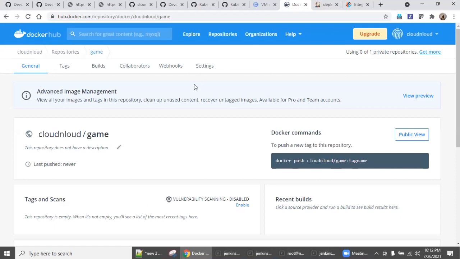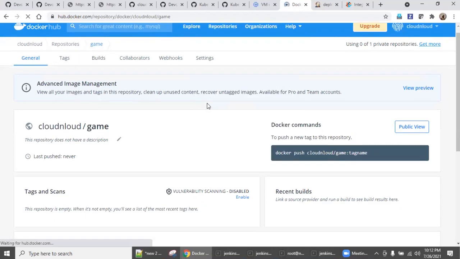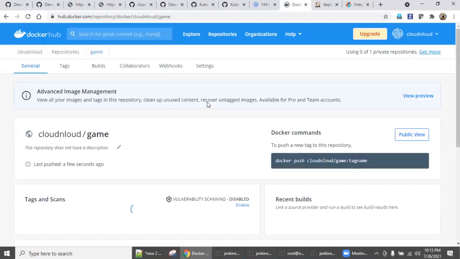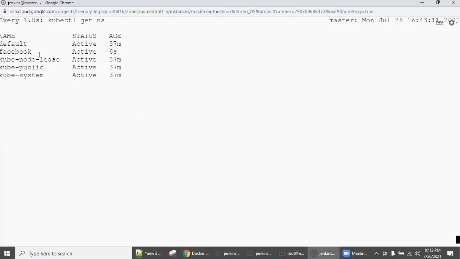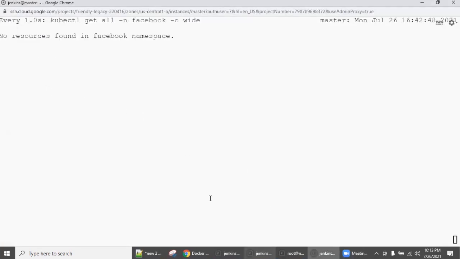So go back to your hub.docker.com and reload the repository. Yes, see here, a push has happened. So after 30 seconds, it should immediately start the namespace creation. See here, there is a Facebook namespace creation. Immediately go here, wait for some time. This output will start now, because the resource creation will start here.